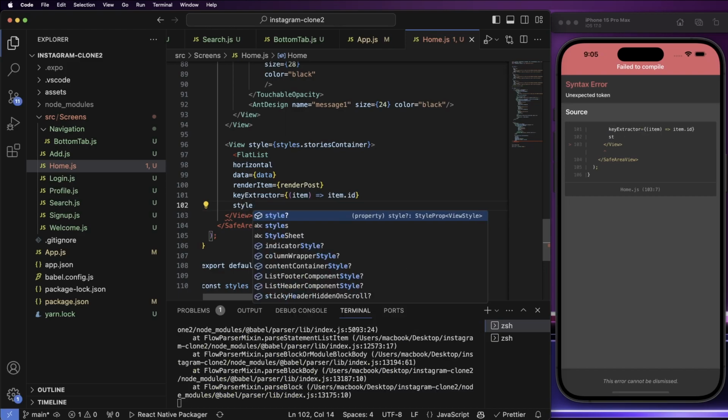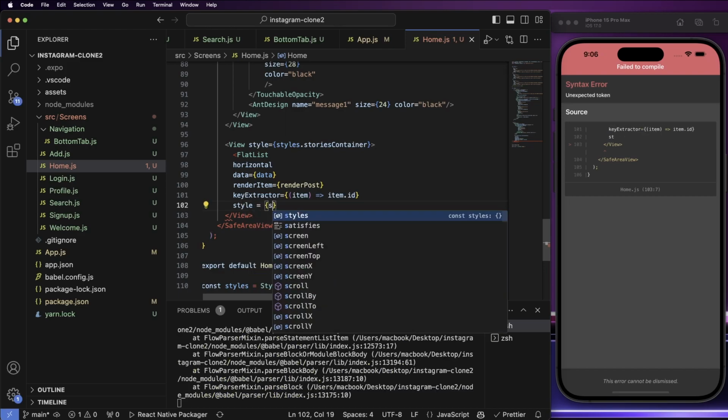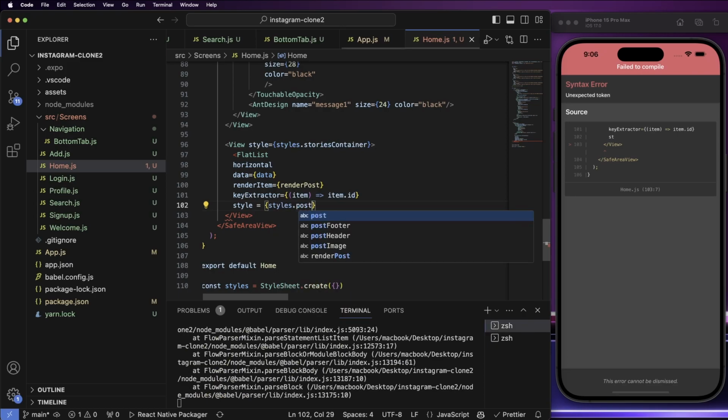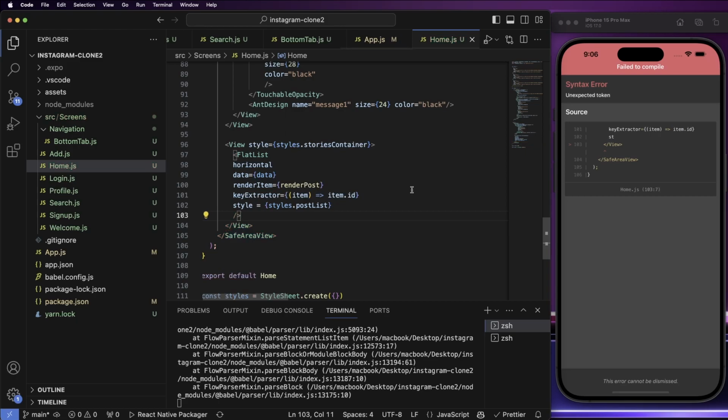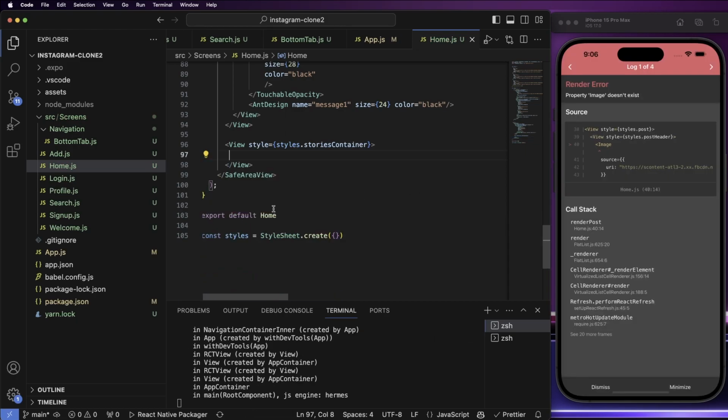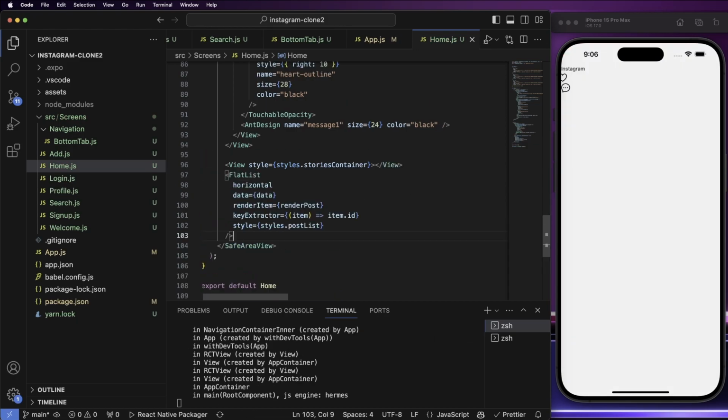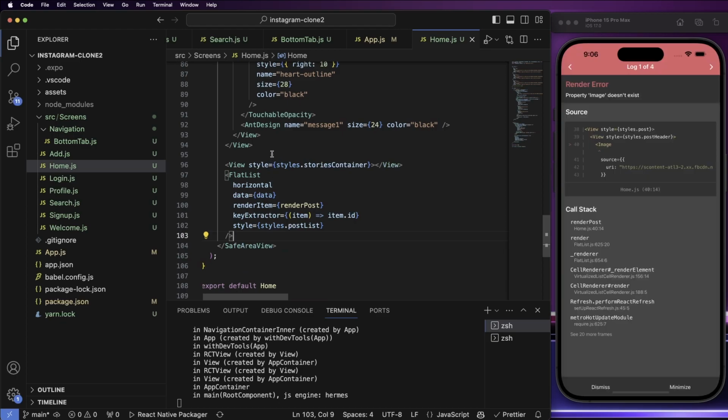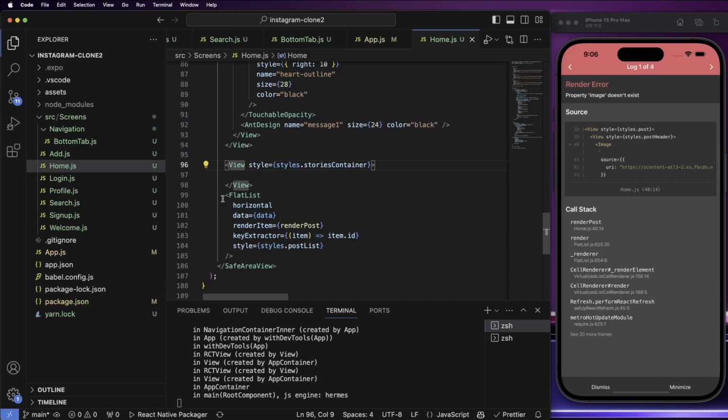So here we're going to have a style equals to styles.postList. Let's just go and close this. So this is not for the stories, this is for the post. So let's just copy this, we put it here. Now for the stories, we're going to have another flat list. So let's copy it here